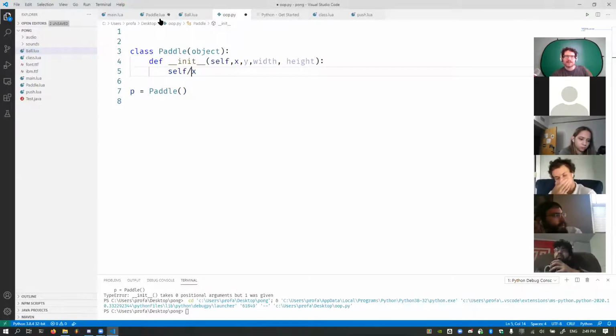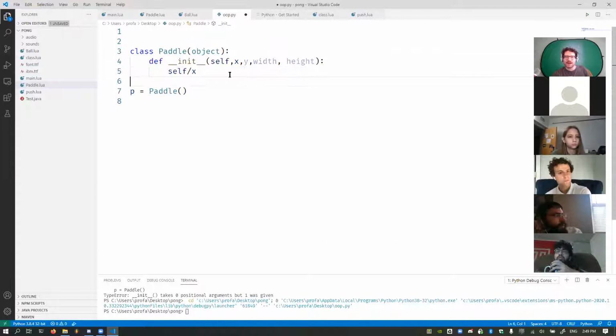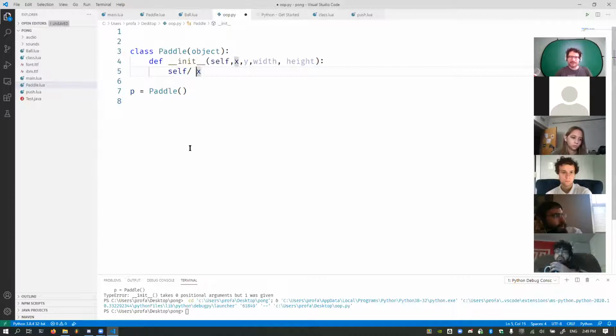In Lua, this is the way it's done using the special class file. I think this is the way we do it. We'll find out very shortly. Self.x. I don't use object-oriented programming paradigms in Python too much.